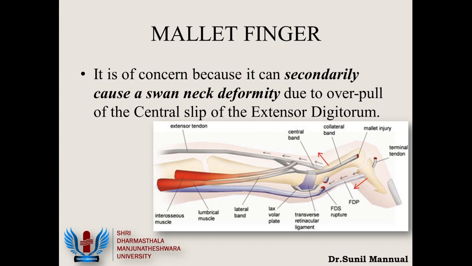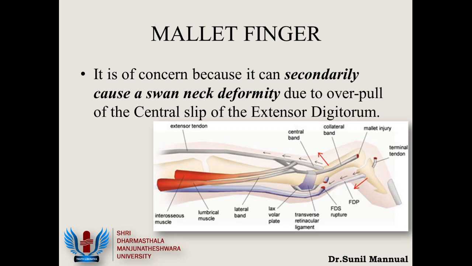One is a central band that goes and gets itself attached to the middle phalanx. The basic function of the central band is to cause extension of the proximal interphalangeal joint by pulling on the middle phalanx. However, we also have two lateral slips of this extensor tendon. These lateral slips, as they pass distally, once again converge and get attached to the distal phalanx, so the function of the lateral slips is basically to cause extension of the distal interphalangeal joint. Now when we have a mallet finger, we have a tear of these lateral slips that is causing a mallet finger.